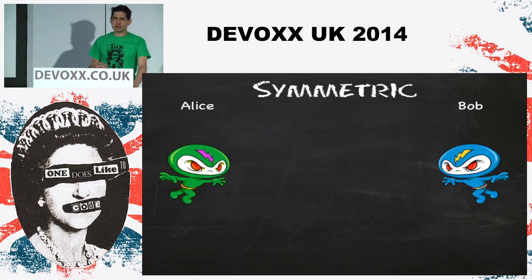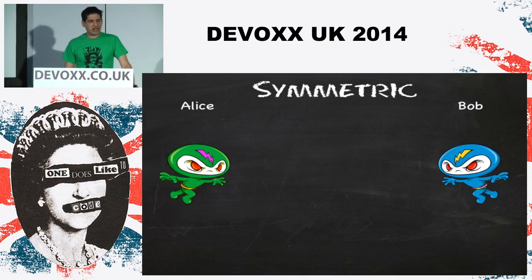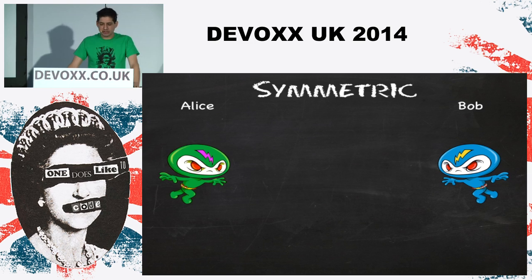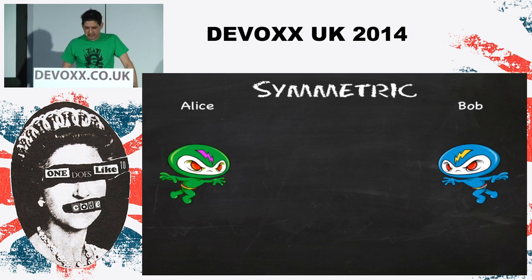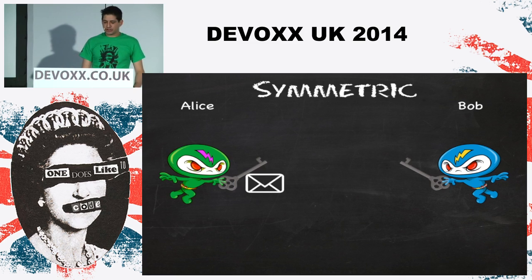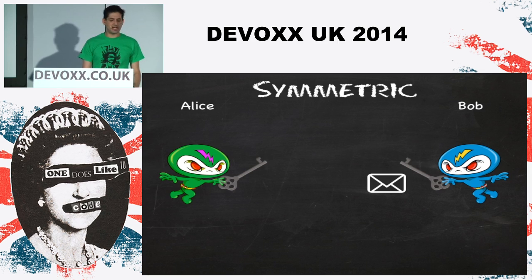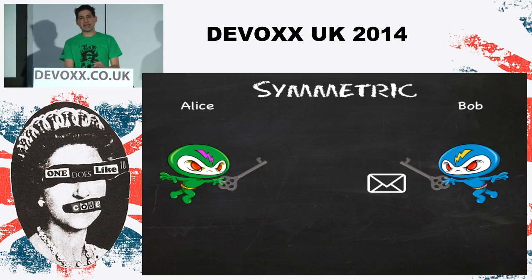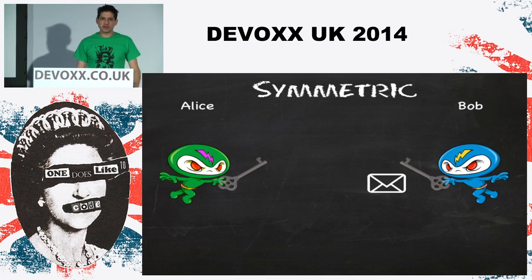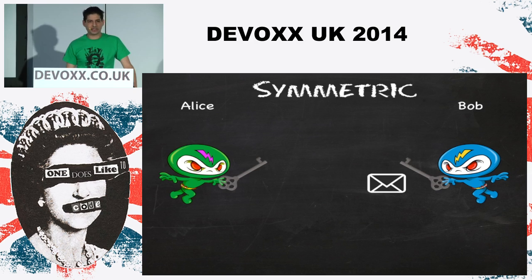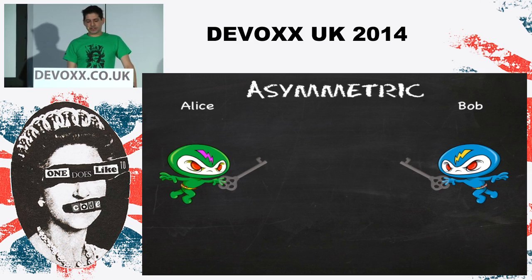So let's quickly review the difference between symmetric and asymmetric keys. We've got Alice and Bob, our usual cryptographic people. No malicious Mallory in this example. In a symmetric one, both sides have got a key that's the same. Say Alice wants to send a message to Bob. She locks it with her key, sends it over to him, and he unlocks it, and that's the message read. Really simple symmetric encryption. This is AES, DES, all the ones that you'll have read about, Blowfish, Twofish, really well-known algorithms. Asymmetric is a little different.